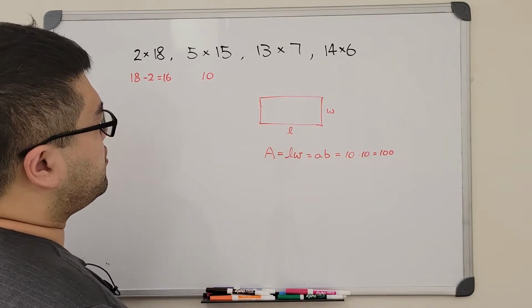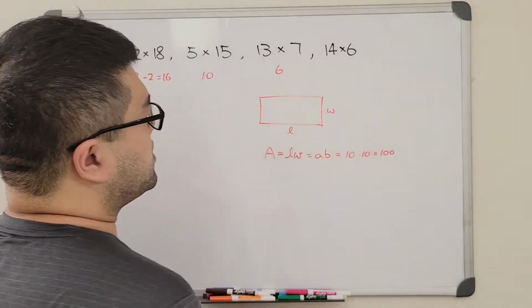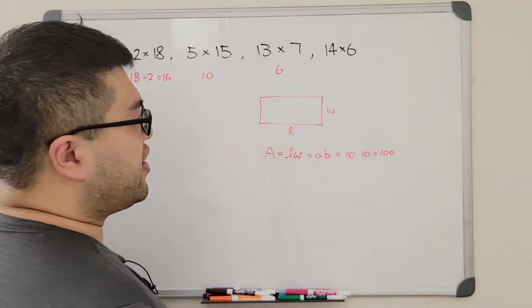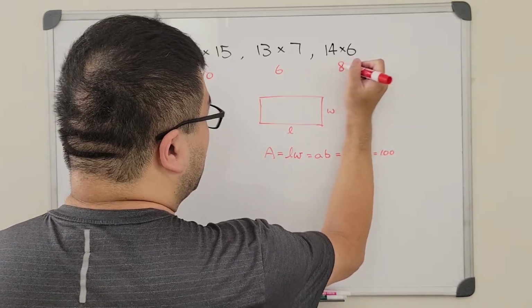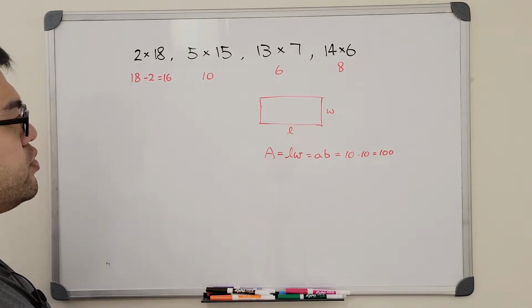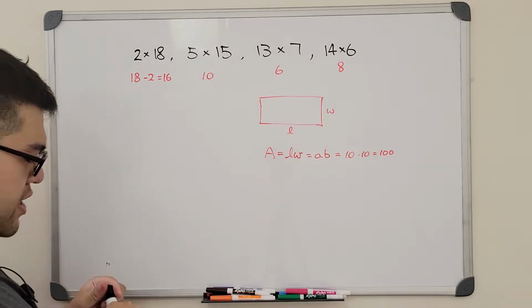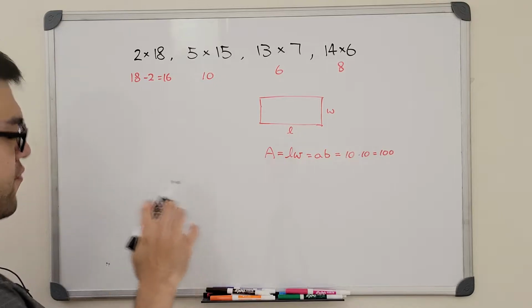And then, for the third one, we have 13 and 7. The difference will be 6. Last but not least, we have 14 and 6. The difference will be 8. So, in conclusion, we can now claim that among these four numbers,